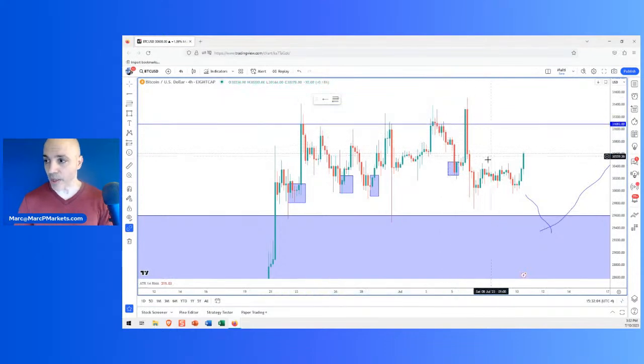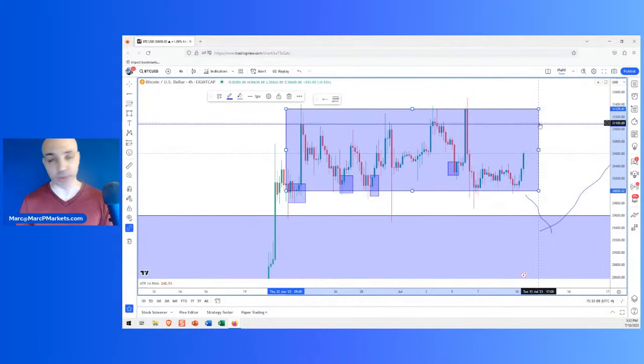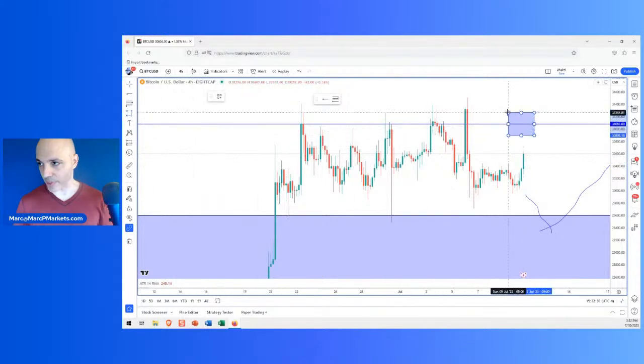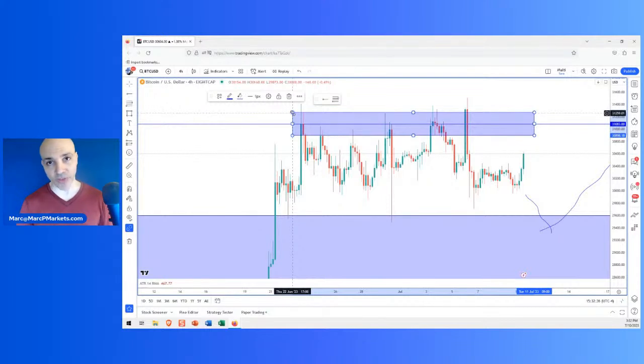So my point is, because of this time frame and this level, this general area is a resistance, and we can't expect much from it. If you're long, my scanner has not called this move right here. It missed this one because it was not lining up, but it called some other coins, which we're going to talk about in a moment. The point is, if you're long something like this, you should be setting your take profits in this area as a day trade, and keep your expectations within reason.